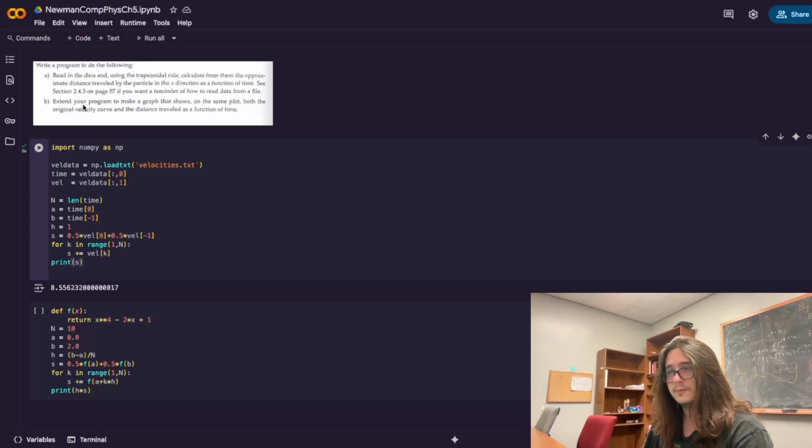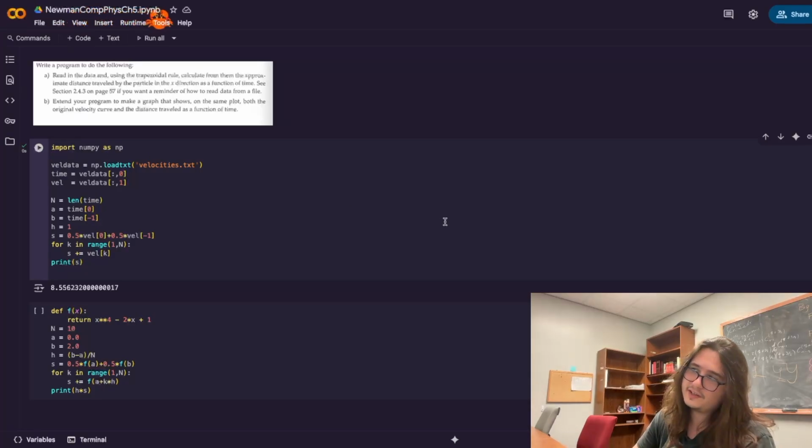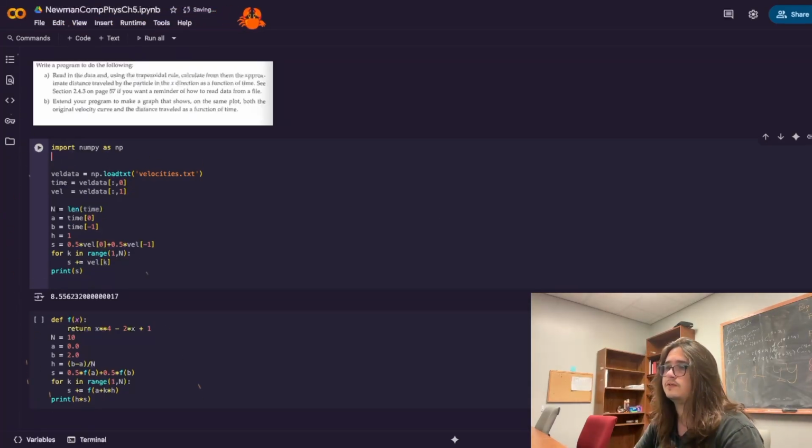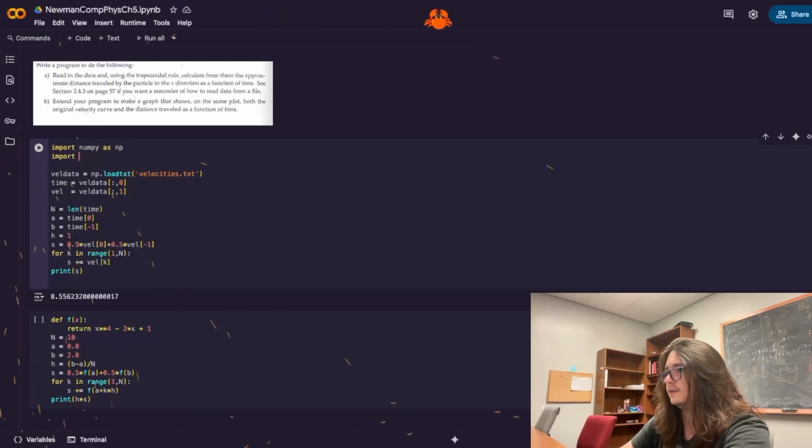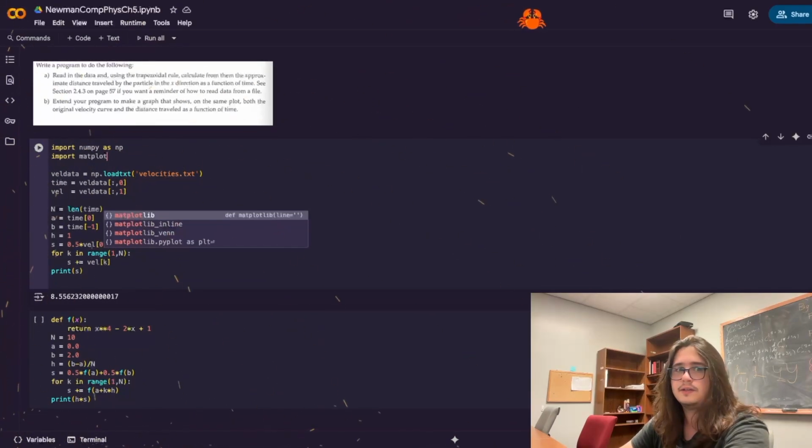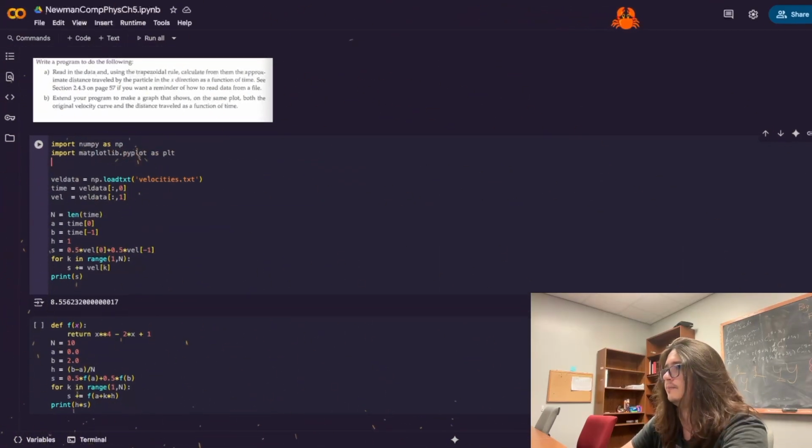The second part of the problem is to extend the program to make a graph of the velocity curve and the distance traveled as a function of time. So that is something that we can do pretty easily if we just import matplotlib.pyplot as plt,